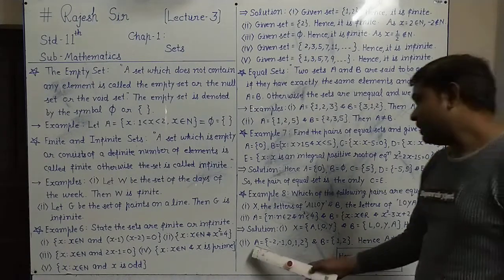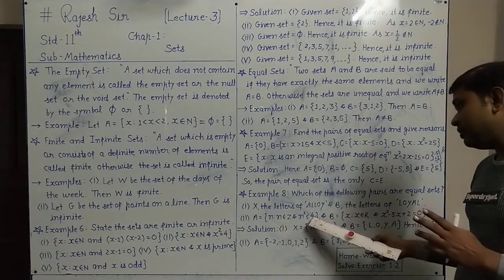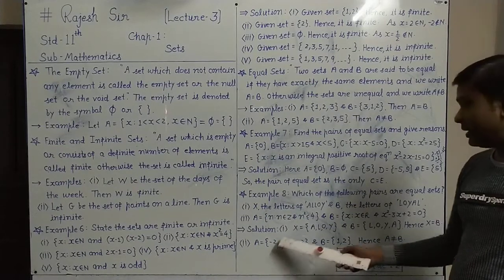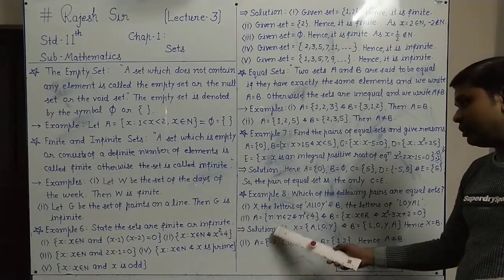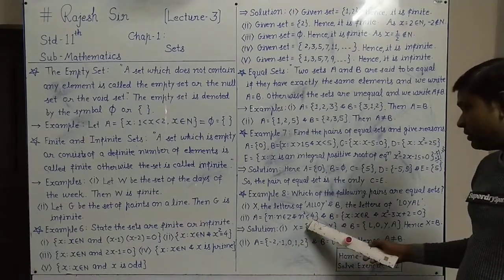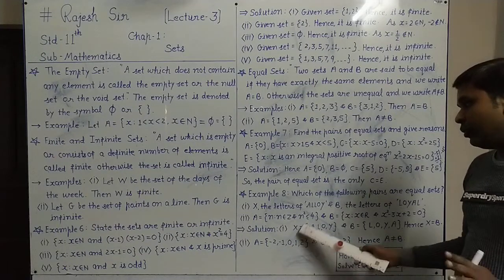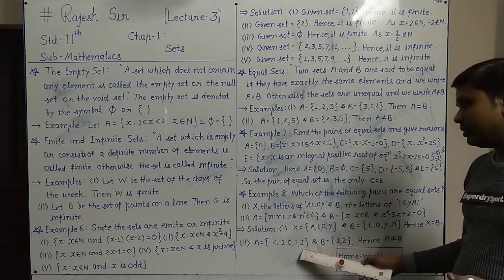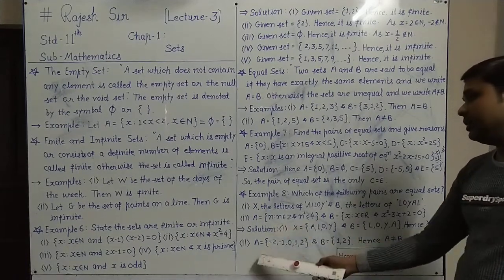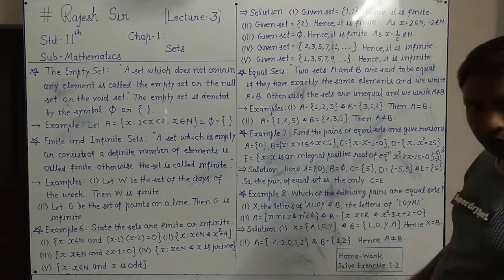In the second pair, A equals the set of n such that n belongs to Z, n square is less than or equal to 4. So for n equals minus 2, it gives 4. It is less than or equal to 4. So minus 2 we can write because it belongs to Z. Minus 1 square is 1, it is also less than or equal to 4. We can write 0 square is 0, less than or equal to 4. 1 square is 1, 2 square is 4, less than or equal to 4. So these numbers are applicable in A. So A is the set of these elements: minus 2, minus 1, 0, 1, 2.